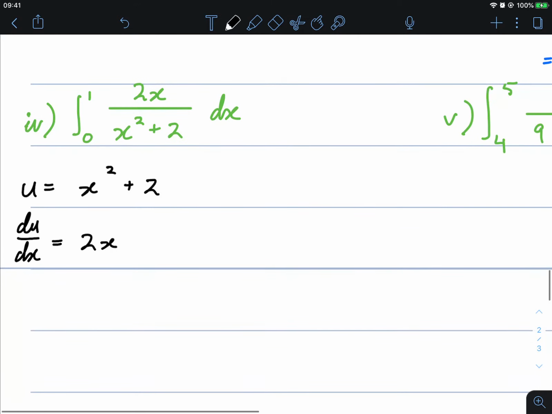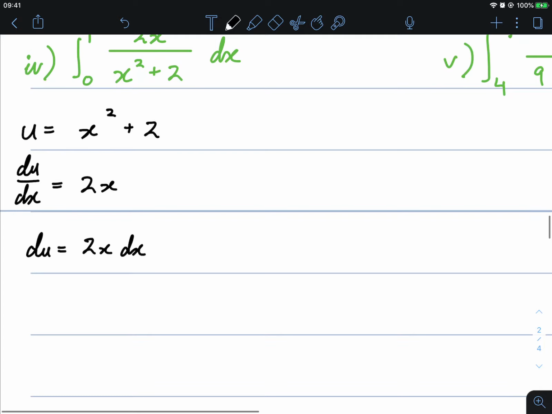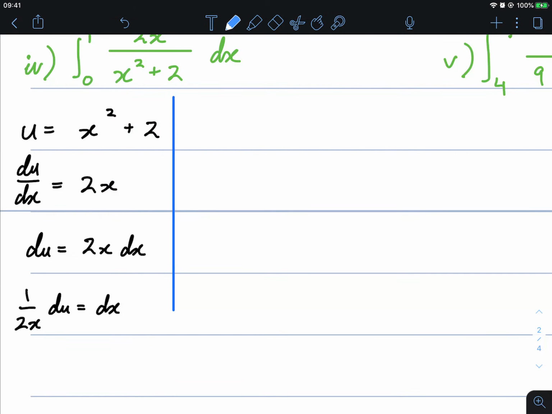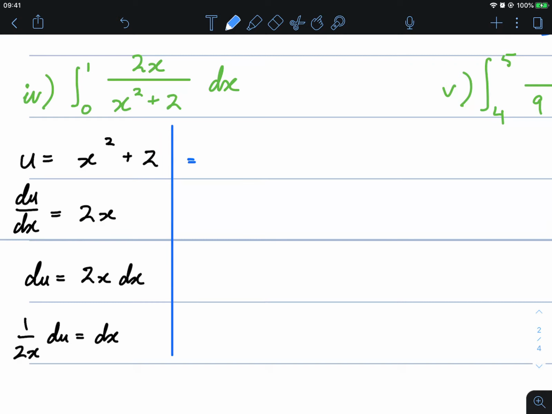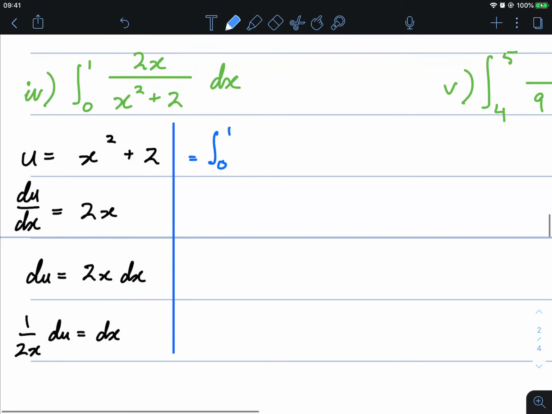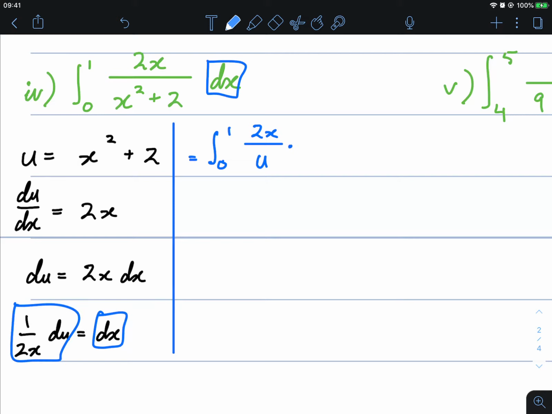x. So I'm going to make dx the subject, multiplying by dx. I'll do this in steps. Dividing by 2x, so 1 on 2x du equals dx. Substituting these in, my integral now becomes from 0 to 1, 2x on u, that's going to be u, dx is now going to be this expression, so times 1 on 2x du,